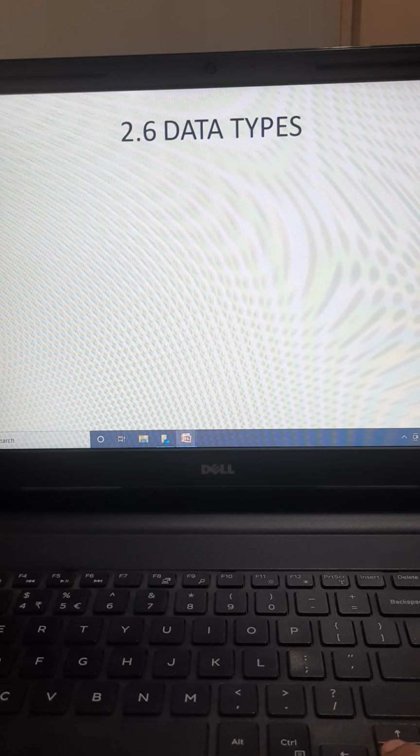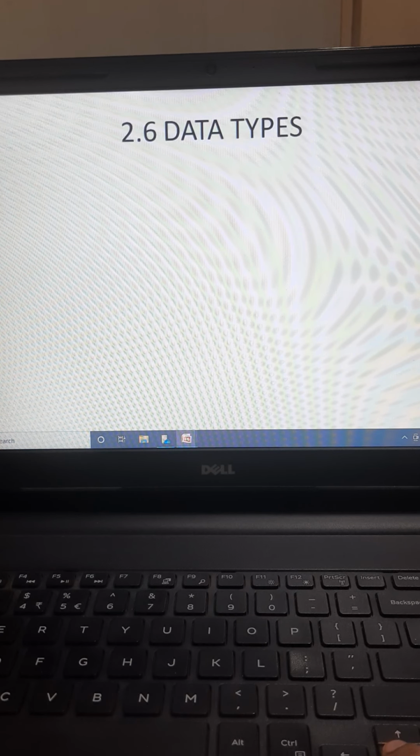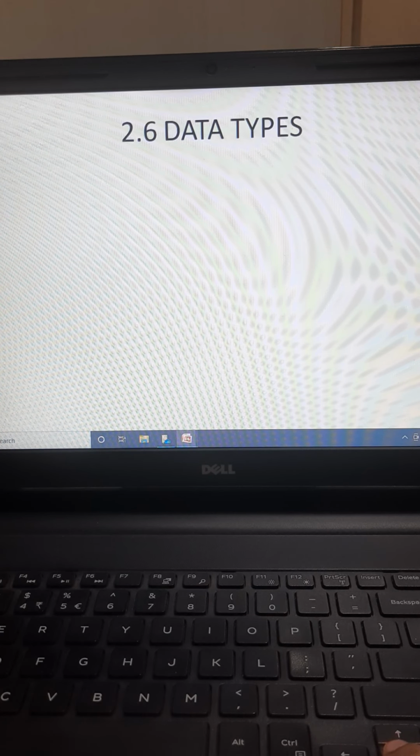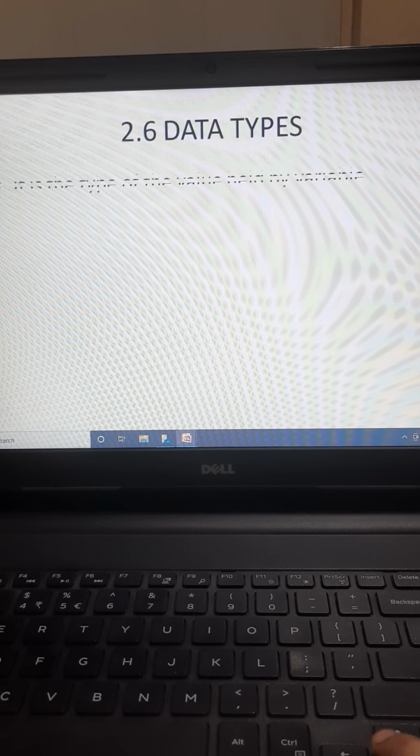So for that we have to specify a data type. If one programmer specifies int for the radius, that means the radius will have an integer value; that memory location is going to hold an integer value. If it is going to have a float value, that is a decimal or fraction value, then it can have 10.5 centimeters. And obviously for radius, a message should be given that a character cannot be a radius value, right?